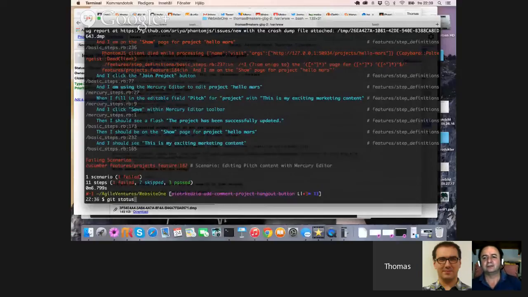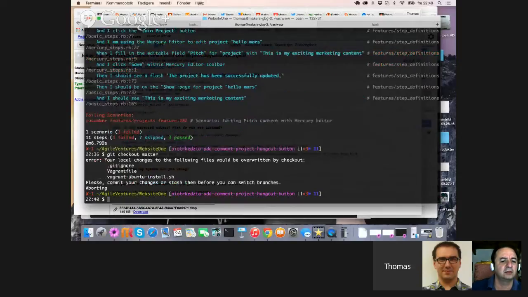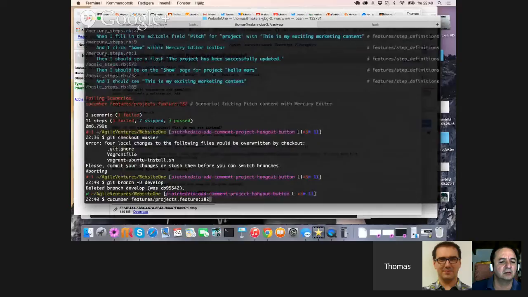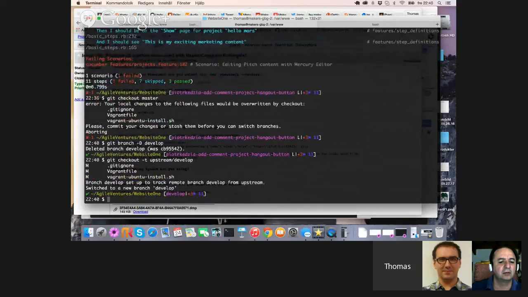So if I just do this now, if I go over here, I delete the develop branch again and check out the upstream develop branch. There we go. After this, okay, git.